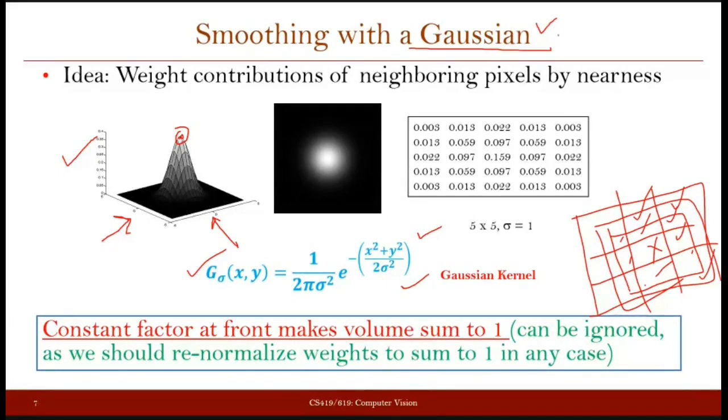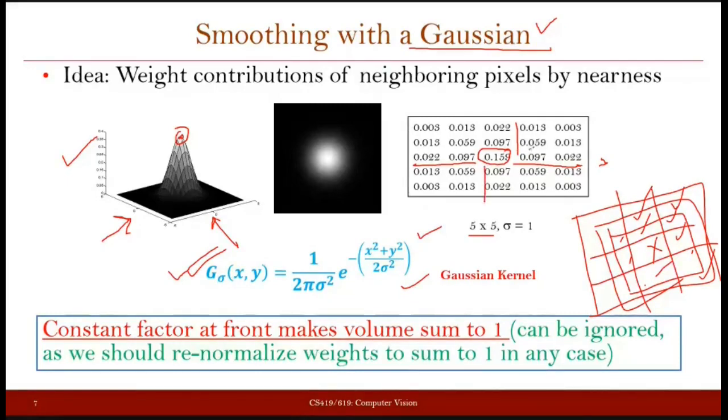In case of the Gaussian filter, the filter matrix is computed with the help of this equation, where based on the size of the filter, your x and y take different ranges, and with those x and y you can compute the weight. For example, for a 5 by 5 filter, we get this kind of weight matrix, where the central pixel has the highest weight, but as you move in this direction or this direction, the weight decreases.